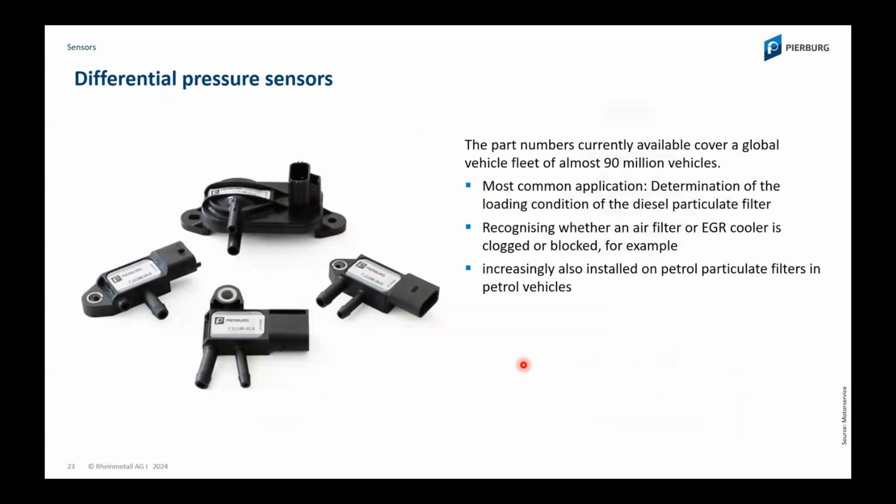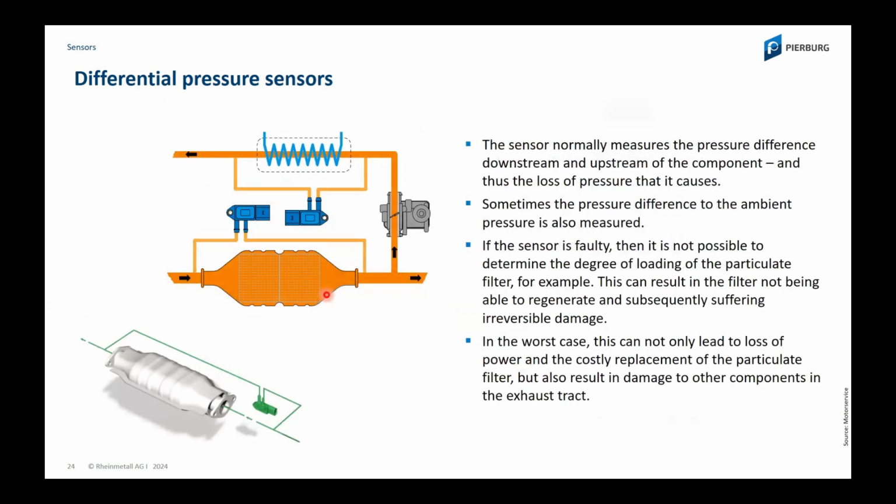So the difference to the back pressure sensor is that the differential pressure sensor does not only measure the pressure at one point, it measures the pressure at two locations. So we have one sensor and one connection is the high pressure connection, more or less, and the second is more or less a low pressure connection. So usually we have a higher pressure on one side and a lower pressure on the other side, and the sensor measures only the difference between these two locations at the end. So this is needed at parts where the pressure behind the part could change. For example, if you have a particulate filter, as we've seen before,